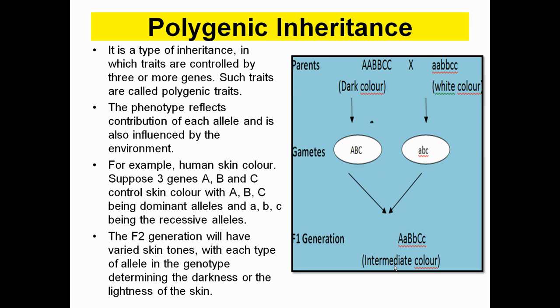16 genotypes will be there, or multiple of that. Just calculate by yourself. You have to simply multiply. If there are three genes, then how many possible genotypes will be there in the F2 generation? You have to think by yourself and let me know. There is a simple formula for the same. I will tell you later on in the live discussion how it is going to be calculated. First of all, you find out by yourself how many possible genotypes in the F2 generation, then I will let you know along with the formula.